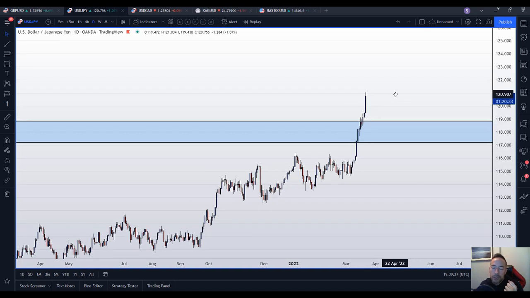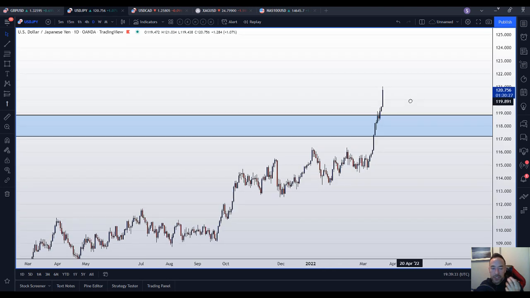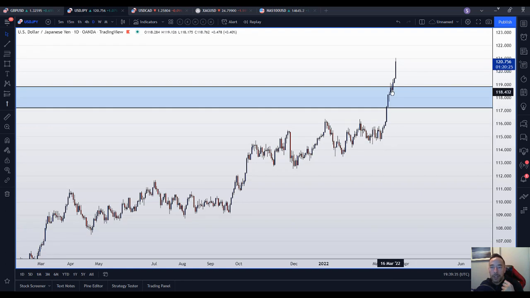But what I wouldn't do personally is buy above the daily candle, because I hate buying when the market is so overextended for such a long period of time, because the market moves in cycles at the end of the day. We have a very nice move here. We see the correction. Nice move here. We see a correction. Big move here, see a correction.